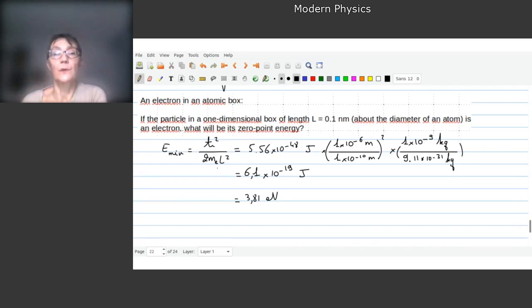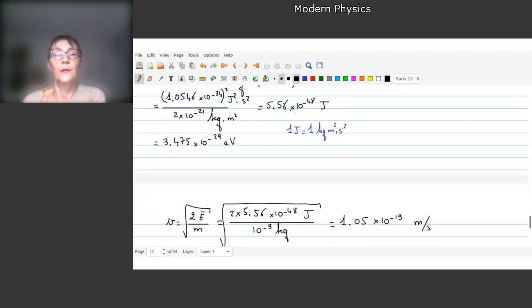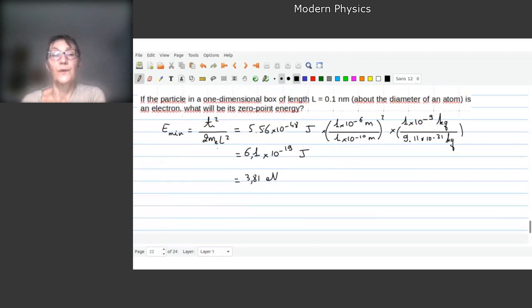and here we are studying an electron in a one-dimensional box, and this box has dimension L equal to 1/10 of a nanometer. This is about the diameter of an atom, 0.1 nanometer, this is 1 angstrom, and this is an electron, this particle. What will be its zero-point energy? We calculate with the same expression. Here I used the value I had found here, in joule, 5.56 times 10 to the minus 48, and I only changed the mass and the length, so this is the old length, the new length, the old mass, the new mass, and so I find that this energy is